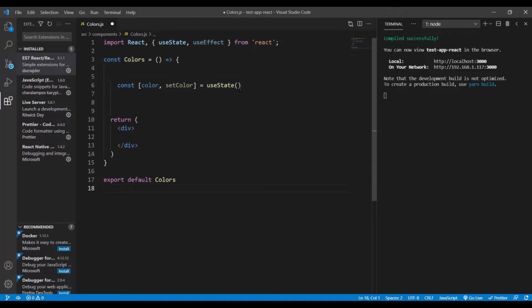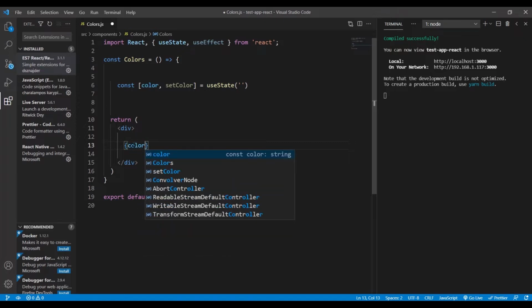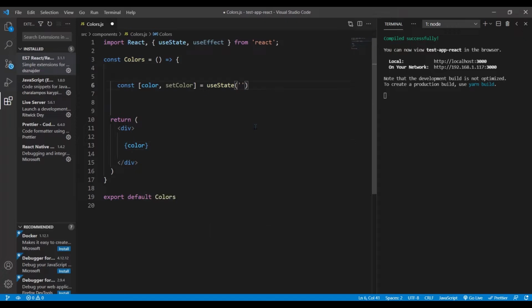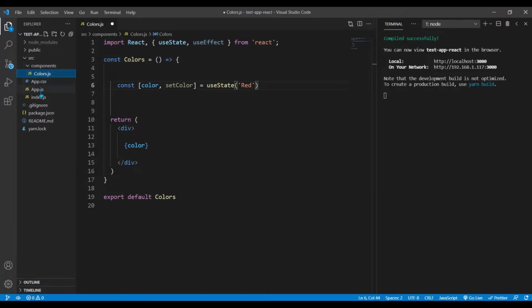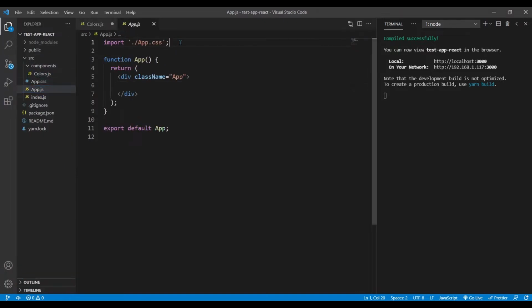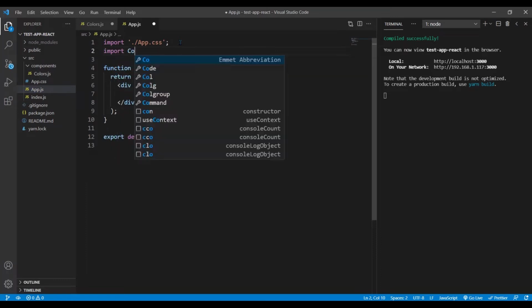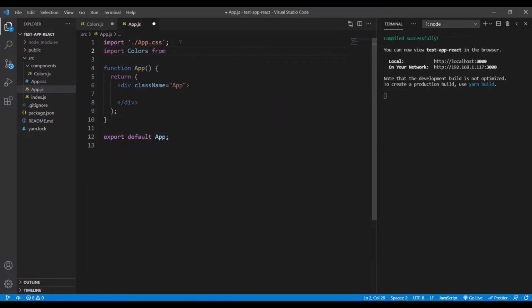But you should assign an initial value to our state, right? Now as an experiment, let's give a JSX expression with two curly braces, and we're going to print out our state. So we'll just write in here red for now as our initial state. And also don't forget, in order for this to work, we have to import colors from ./components/colors, which is the only one in there. And then we have to put it in here